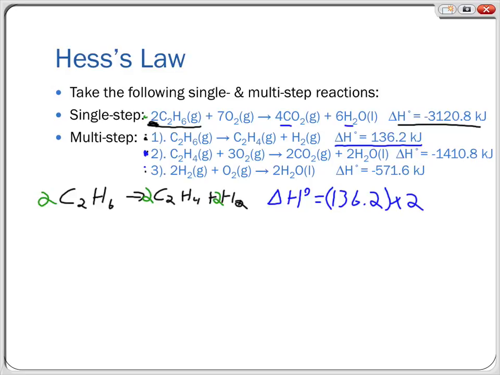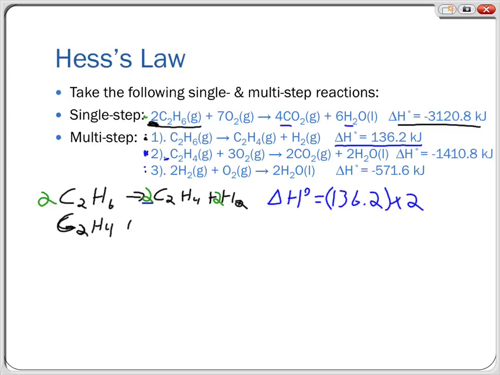Now, one of the problems we run into is that just like we had previously, now on this one we have 2 C2H4, but this one's just 1 C2H4. So we're going to have to multiply it by 2 the same way we did the last one. And so we're going to go ahead and start writing this down. So we have on our next step, that should be a C,